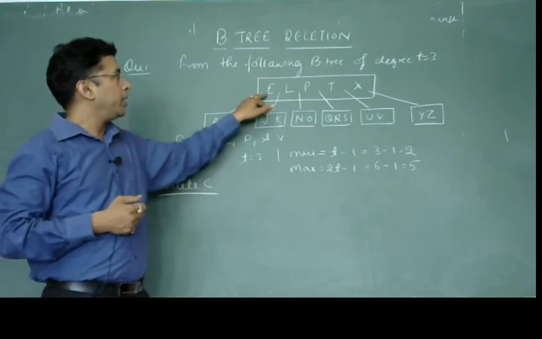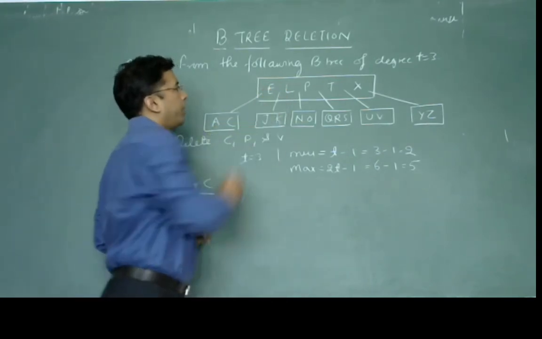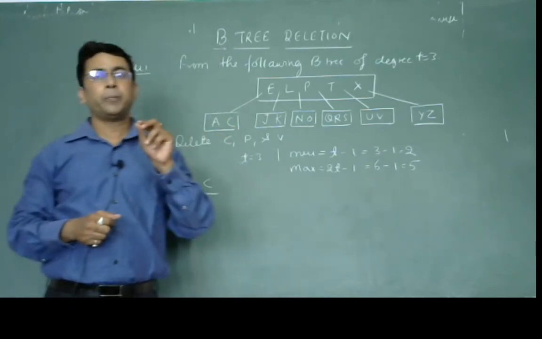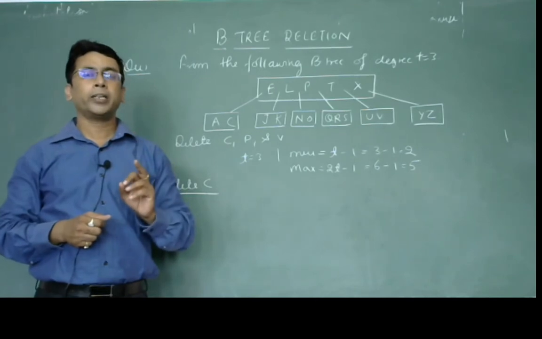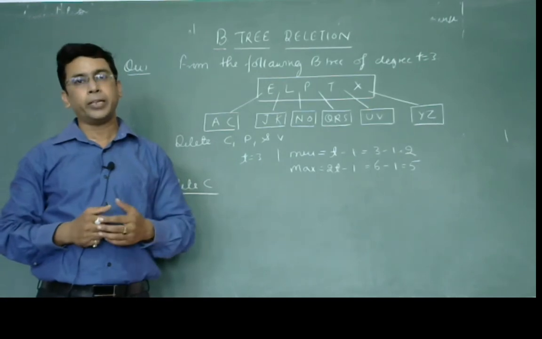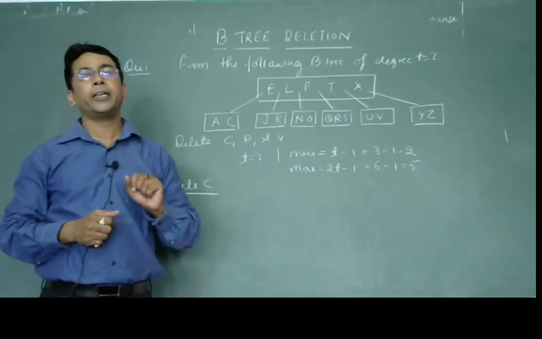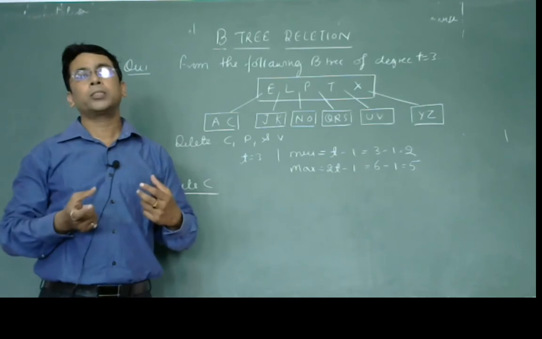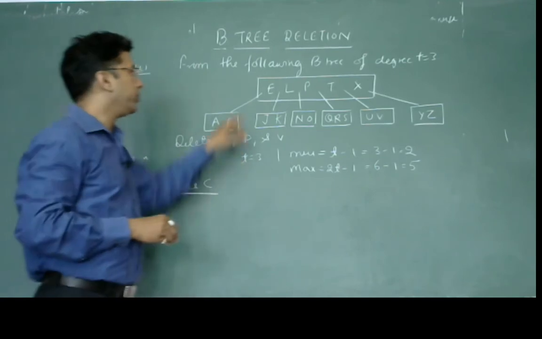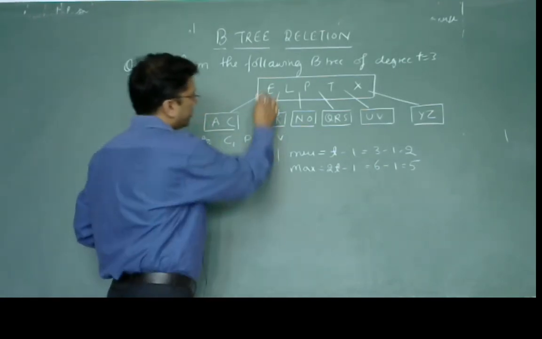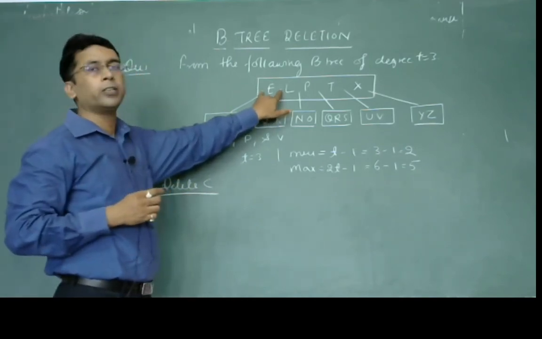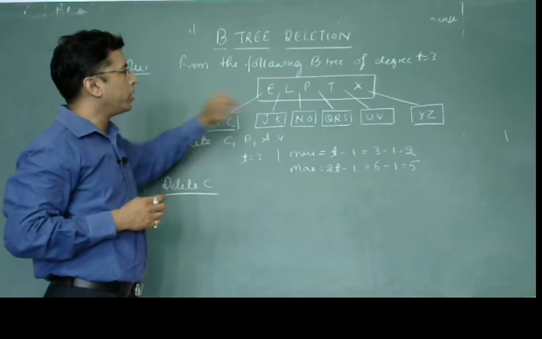But by lending a key through the parent, we also know that when we shift a key element, then along with the key element, the pointer associated with that key element also eliminates. And when pointers get eliminated, the different nodes discriminated by that pointer also merge together. So when we eliminate C, then E shifts in that situation, and along with the E, the pointer associated with E also eliminates. So all these merge together.